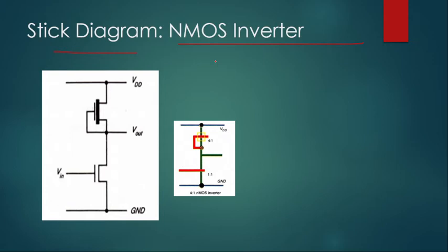But when you study the topic of alternative pull-ups, which I will be uploading soon in my videos, you will observe that depletion type NMOS shows better performance as compared to enhancement type NMOS transistor, or depletion type NMOS inverter is better than enhancement type inverter. Why? Because it has higher voltage swing. So for NMOS inverter, depletion type is considered. Now how to make the stick diagram, this I will show you soon in the next screen.